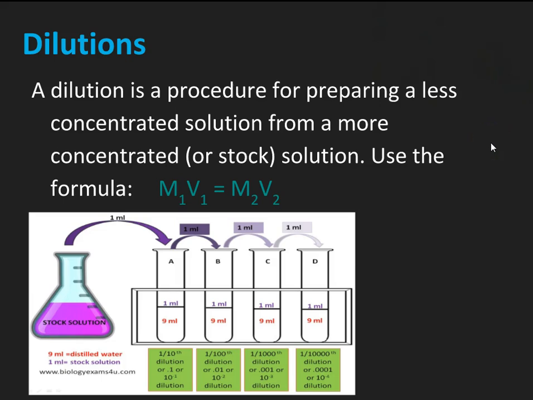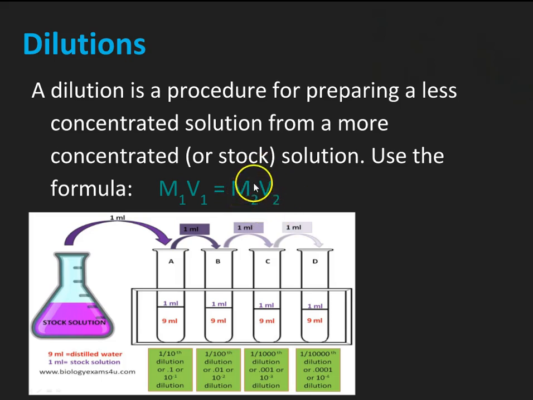There is a dilution formula. It's M1V1 equals M2V2. I hesitate to just give you the formula because it very quickly turns into plug and chug. I want you to understand what this actually means and how it actually works. This is a molarity, a concentration. So our initial concentration and our initial volume before diluting it is equal to our final molarity, or concentration, and